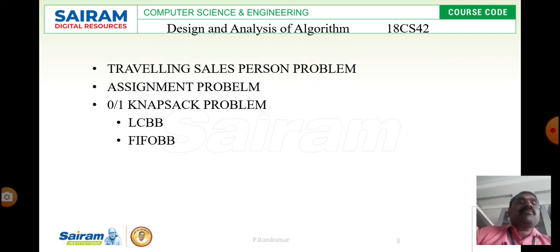Next, let us discuss the traveling salesman problem. In the traveling salesman problem, a person starts work early in the morning from his house, then he sells the product in and around the city. At last he will reach his house again. So starting at his house, traveling all over the city, in the evening he reaches his house. When we plot it in a graph, it forms a cycle. So whenever we are discussing the traveling salesman problem, it must have a cycle.